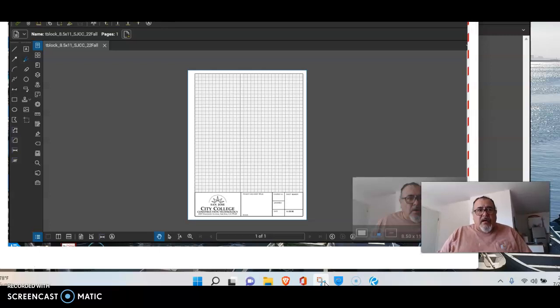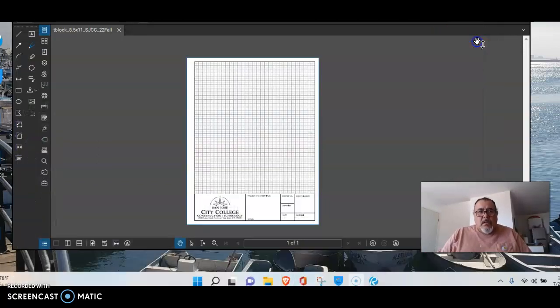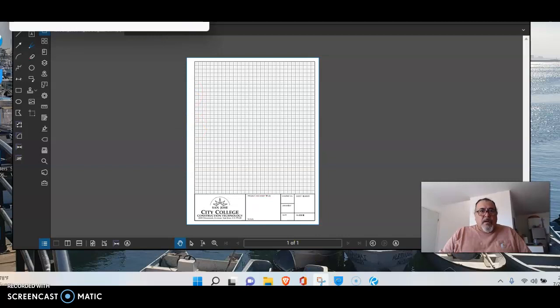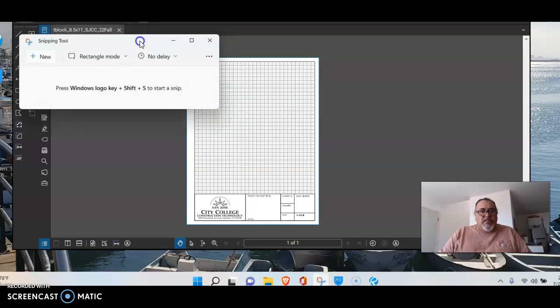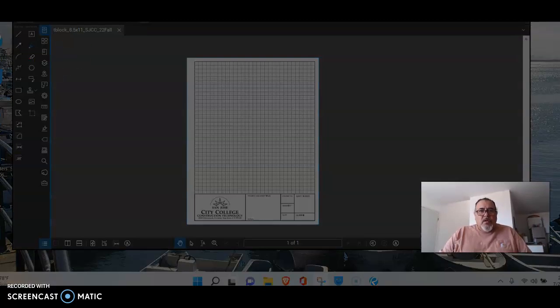When I do that and I click on it, oh, can you believe it? We were looking at a snippet. My bad. All right, so I click on the snippet tool, all right, and this pops up. Click on new. As you click on new, it gives you a lasso, a little tool to be able to draw a box.